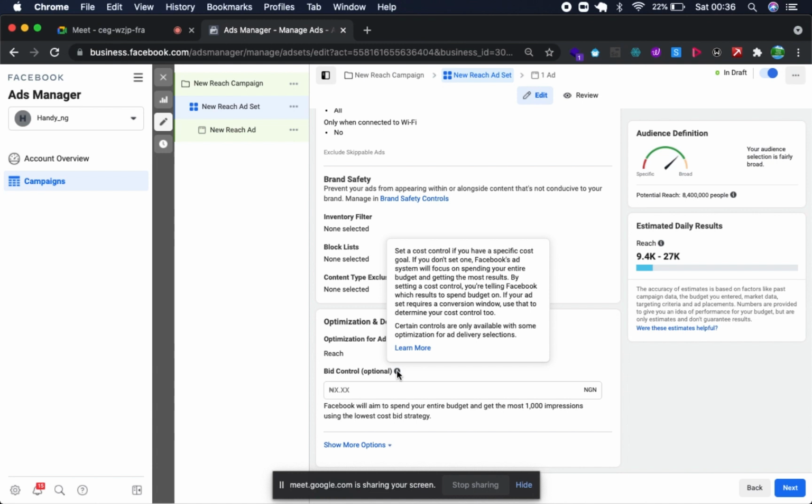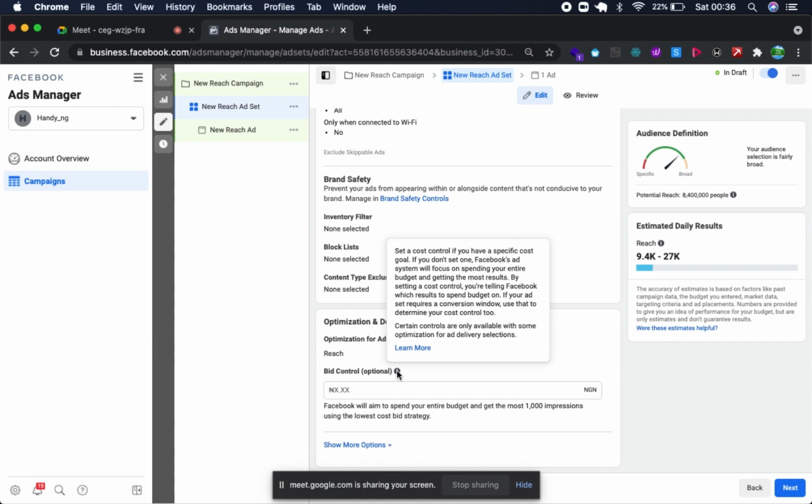So what I normally do is let it run without bidding for a day or two, when I'm sure that the ad has optimized. So maybe 3 days or 4 days, according to the kind of campaign, and then I come back to set the bid.